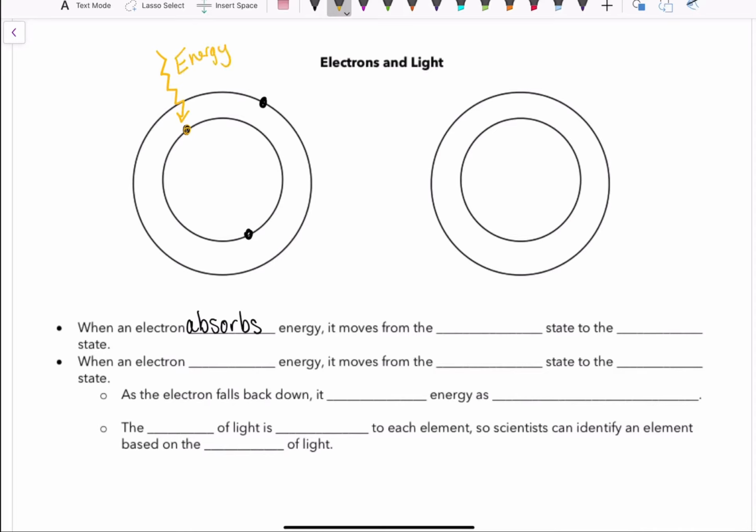This electron is not going to stay put. This first energy level can only hold a finite amount of energy. And if it absorbs energy, it's going to have to go somewhere else. So it might go up, depending on how much energy it absorbed, to a different energy level. It might go to the second one, it might go to the third, fourth, fifth. For our understanding right now, we're going to keep it simple and say that it just jumps up to the second energy level. So when an electron absorbs energy, it is moving from its ground state